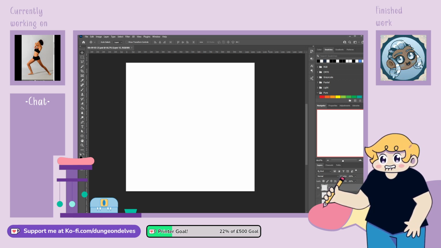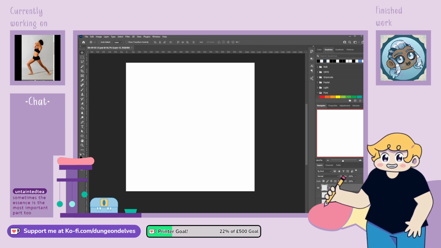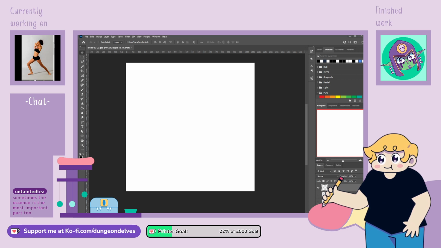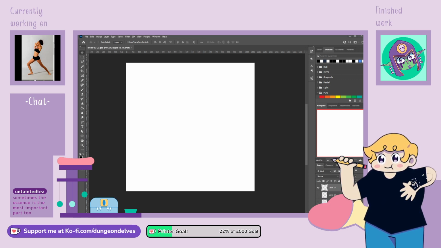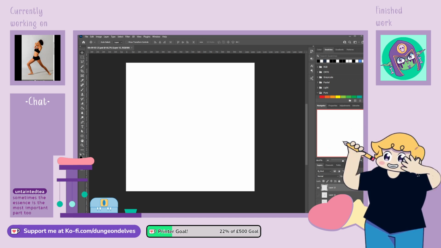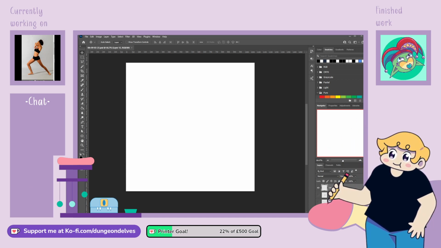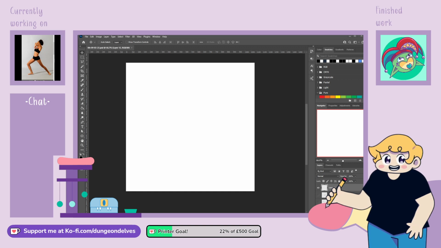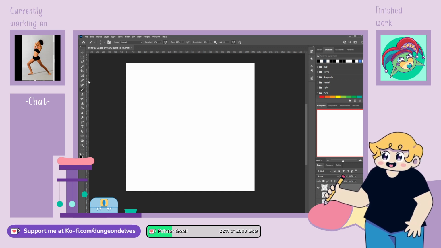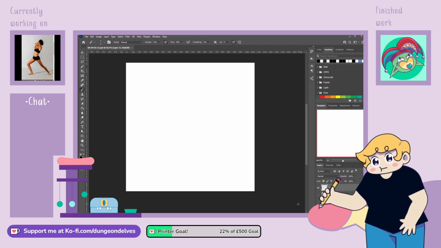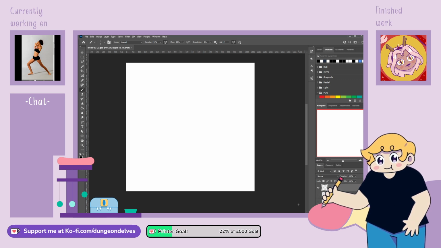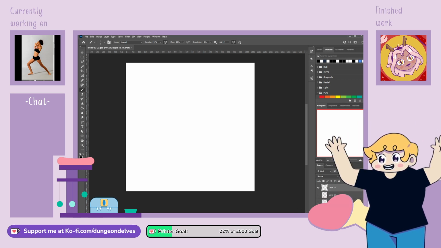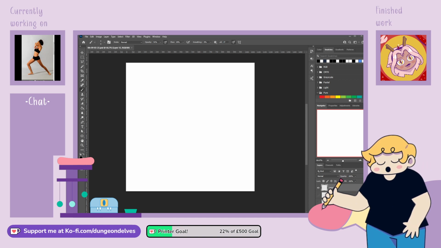Interesting. I like this pose as well. I know it's hard to see on the overlay because it's small, but her face is completely covered and just the way her arms are moving, it just feels very expressive. Sometimes the essence is the most important part. I think it usually is. I feel like you can forgive a lot of sins if there's a mood coming through, but that's obviously my opinion coming from animation.